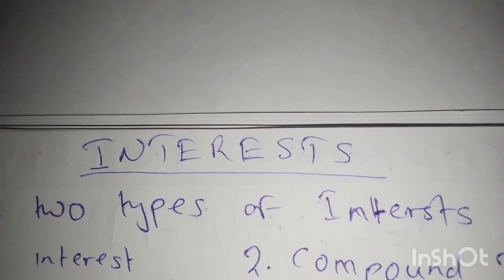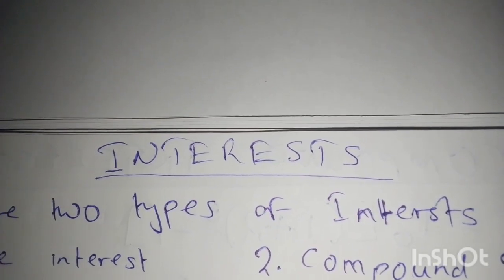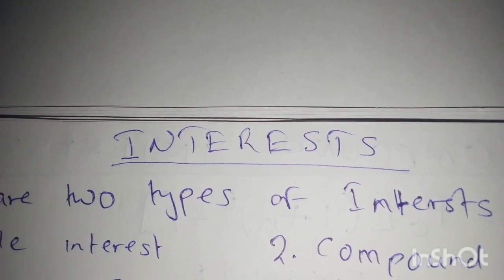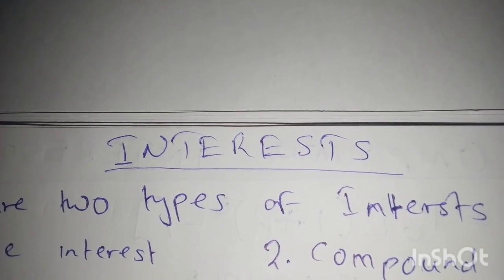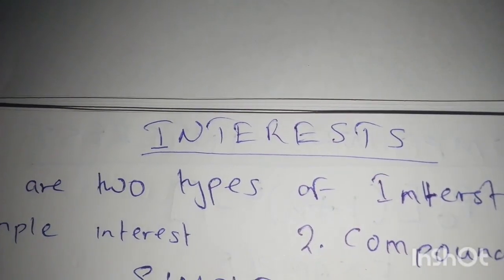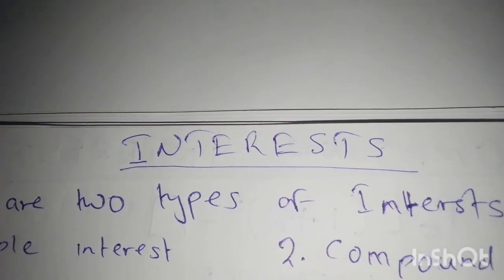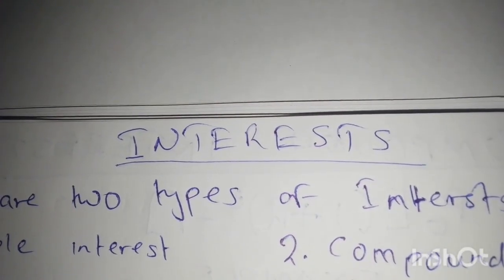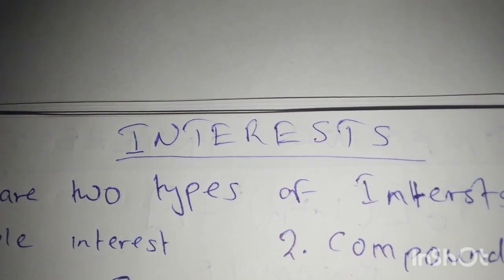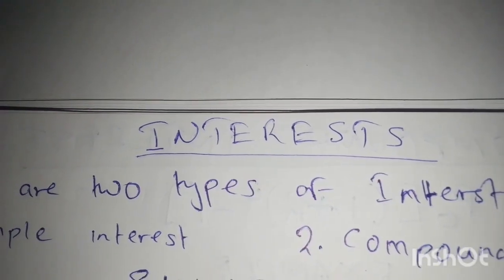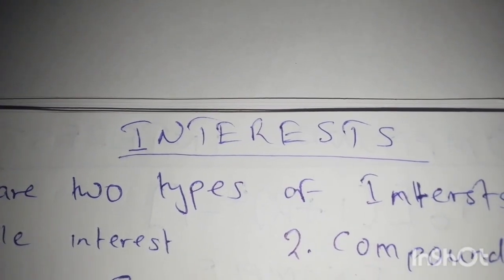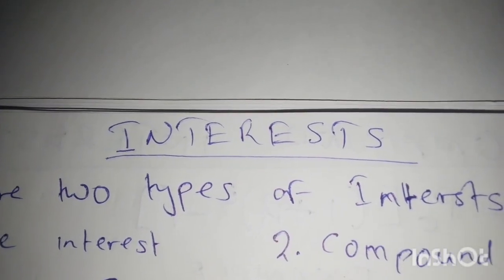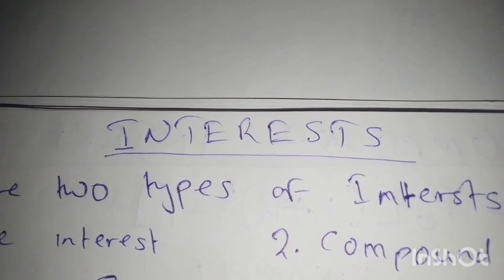Then there's also rate of interest. This is the rate of interest at which the principal amount is given to someone for a certain period of time. Rate of interest is usually in percentage. Then we move to time. This is the duration for which the principal amount is given to someone. Time can be in years or it can be in months, depending on the agreement with the bank, or the loan.